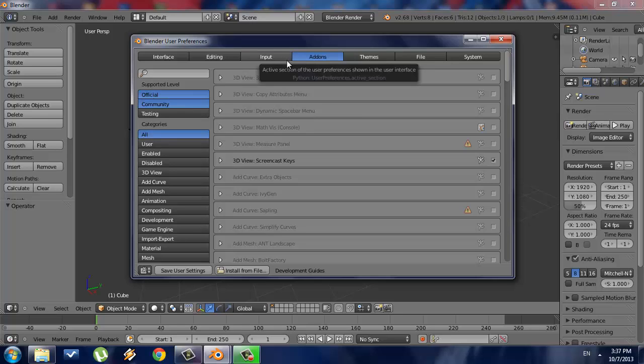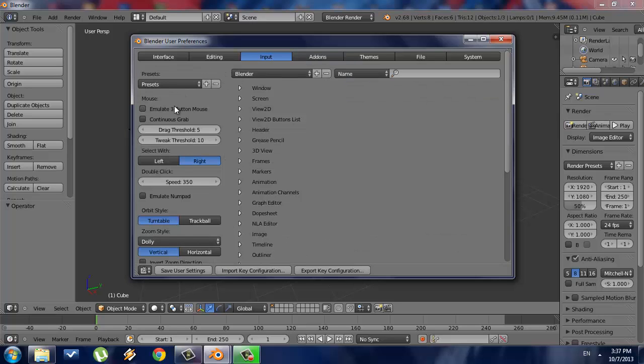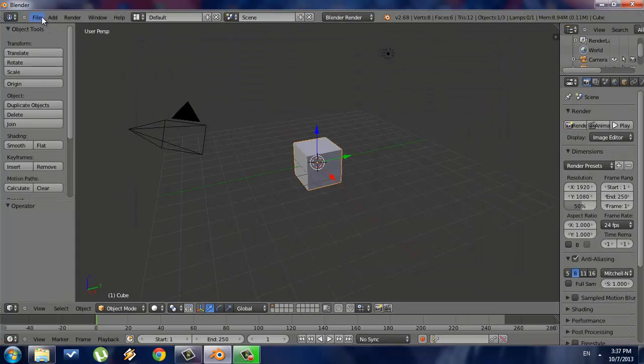Regardless of whether you want to try 2.68 or 2.49 controls for rotating and moving view, there's one thing I want to point out, which is the emulate numpad option. So I'm on my laptop right now, so I don't have a numpad. If you don't have a numpad, you really do want to check this emulate numpad option right here. So let me go over that again. If you want to emulate the numpad, which is primarily used for changing the view, like front view, side view, top view, stuff like that,